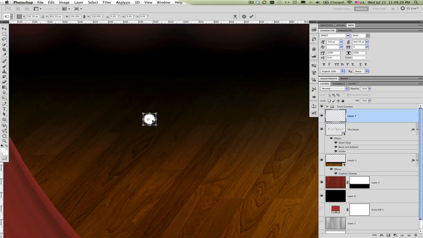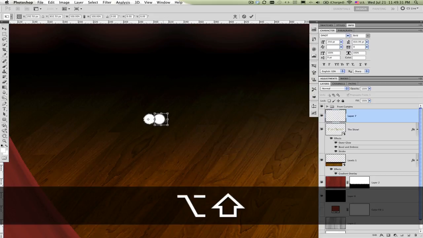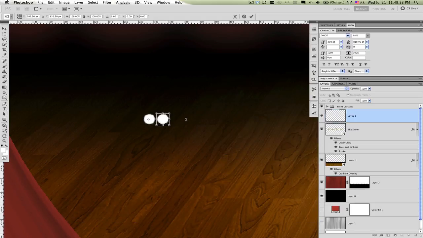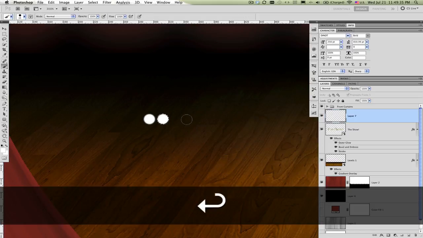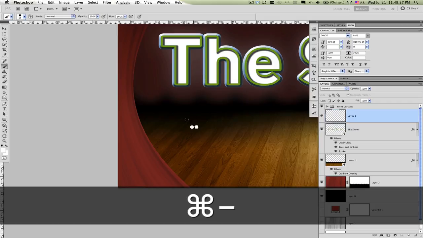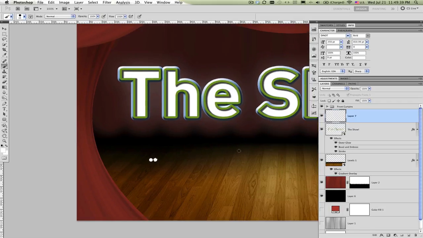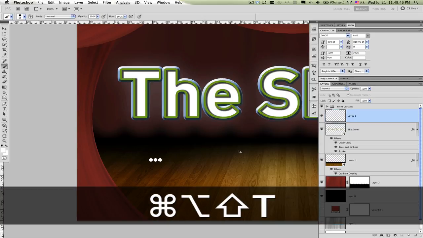You need to click first and then Option Shift Drag, and just drag that over until there's a little bit of space in between there. And you can hit Enter. And then we're going to do that step and repeat. So hold down Command Option Shift T on a Mac, Control Alt Shift T on a PC. We're just going to repeat that a bunch of times until we get a nice long line of white dots